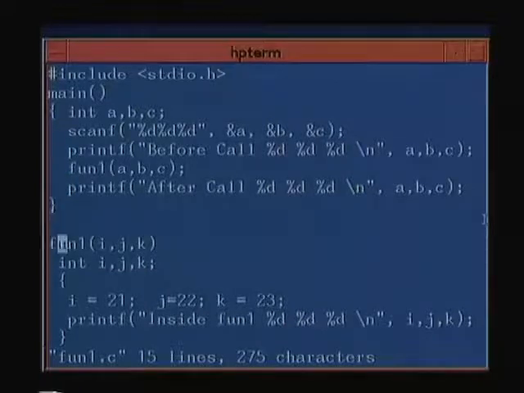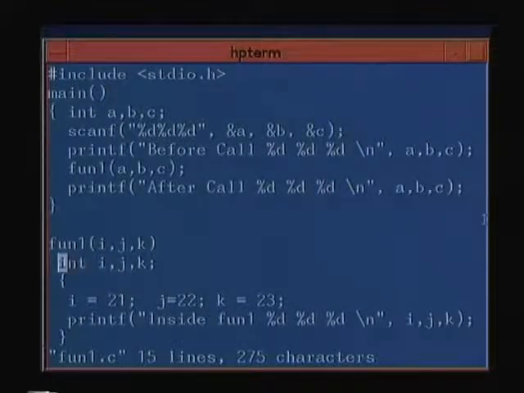And inside the function, corresponding to a I have I, to b I have j, and to c I have k. Before the brackets open for the function, I have to declare the type of the arguments. I can declare it inside the declaration also, or I can declare it below. So I use the approach of declaring it below. We will see examples where we declare it there.